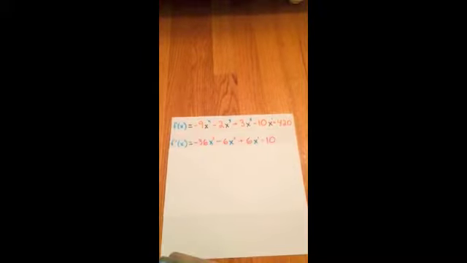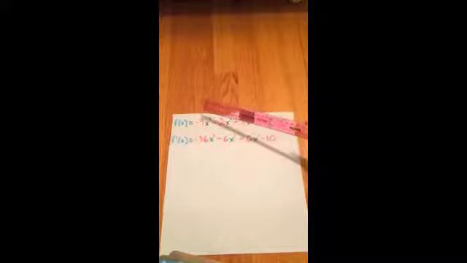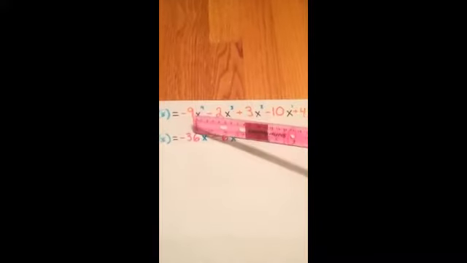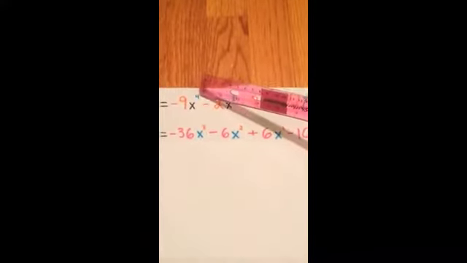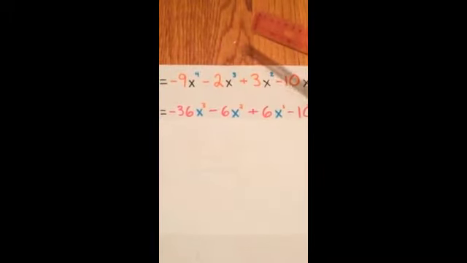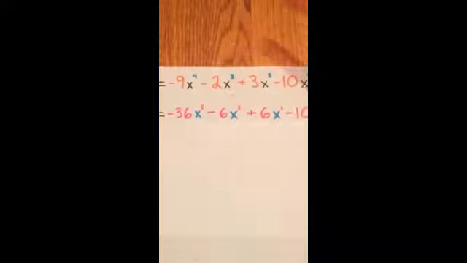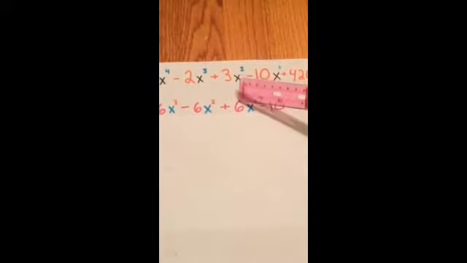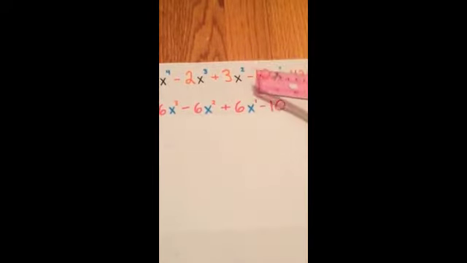We found the first derivative by using the power rule. For the power rule, you multiply the constant by the exponent and then subtract 1 from the exponent. So we multiplied negative 9 by 4 to get negative 36, then subtracted 1 from 4 to get 3. We then multiplied negative 2 by 3 to get negative 6, and then subtracted 1 from 3 to get 2. Then we multiplied 3 by 2 to get 6, and then subtracted 1 from 2 to get x to the